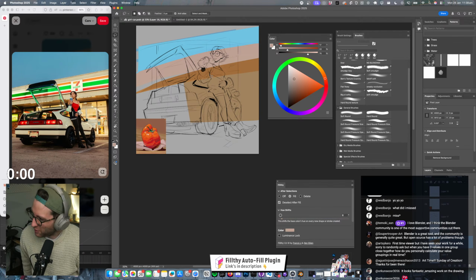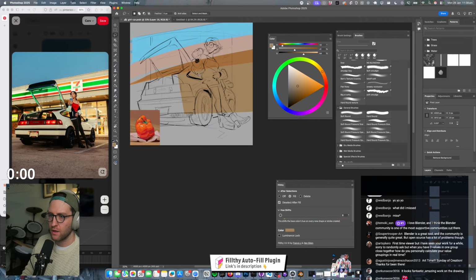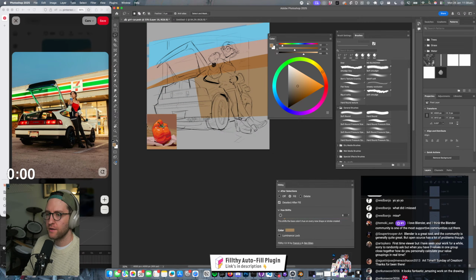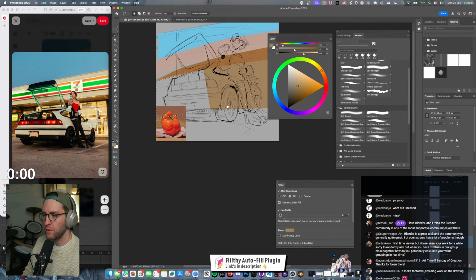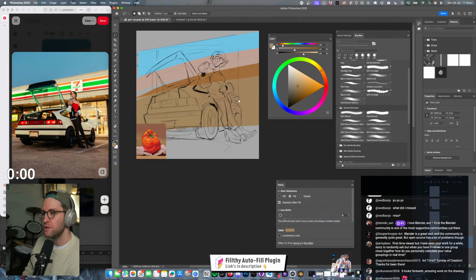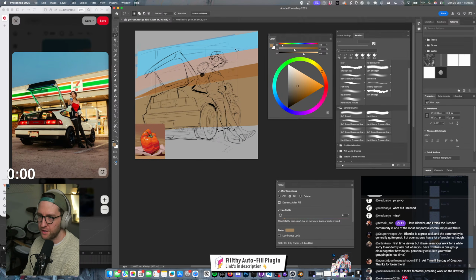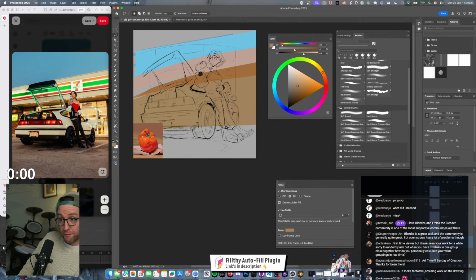Because to draw the car, I would like to have some context of my surroundings. I'd also like this to be a bit of a vignette. I've been inspired a lot by your Dean Cornwells and your Leyendeckers, your Saturday Evening Post kind of vibe. So it's not just a full image. It's going to be cut off a little bit and composed in, hopefully, an interesting way. We'll see.